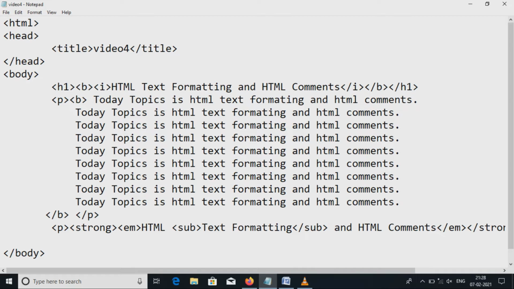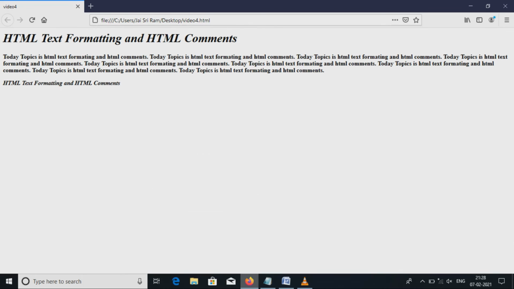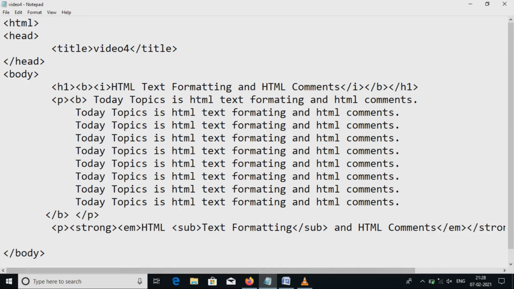Here subscript is mainly used so that text appears half a character below the line, such like this. And also now we are using superscript in HTML. It can display the text above the normal text.